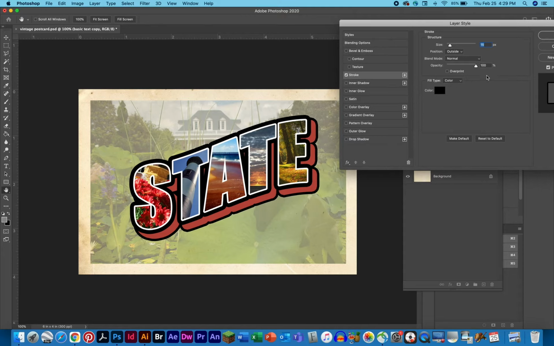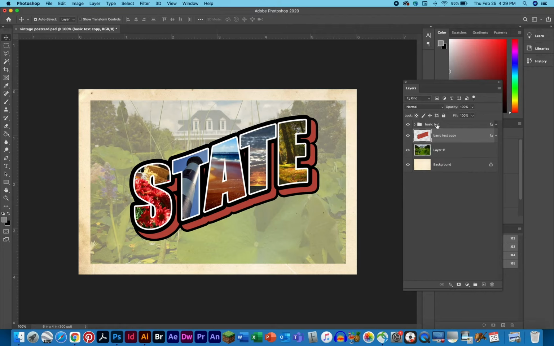Let's go ahead and do a stroke of 15. Okay, so it's a little bit skinnier, but now you can see that it's starting to look a little less like a red drop shadow and a little more like it has an edge to it. We're going to hit OK. Right. So now we have our basic text layer with a stroke, we have our bottom layer with a stroke, and